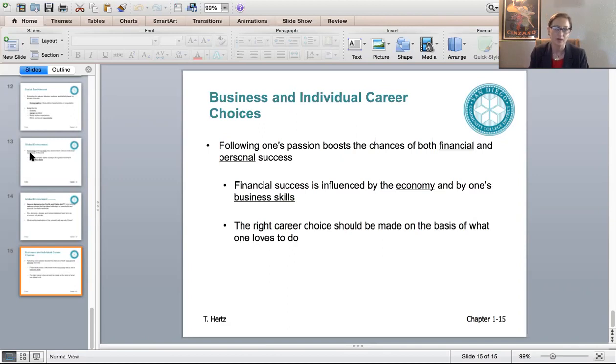If not, and you want to work as an employee in a business, definitely take all the business classes you can. There are a lot of different fields you can choose: accounting, finance, human resource management. There are so many different things, and they're all a lot of fun, but pick what you love.